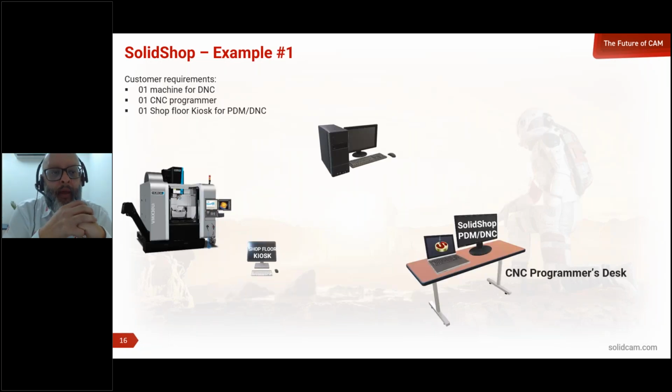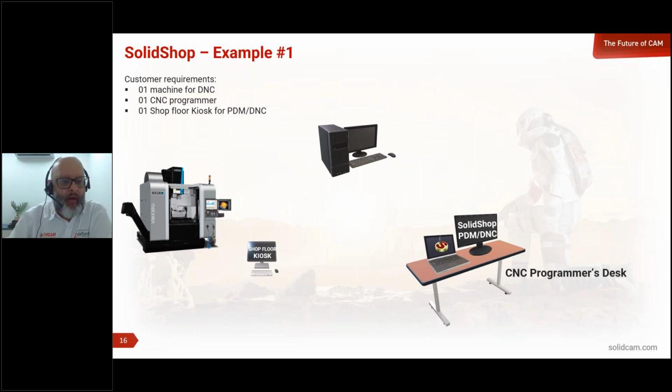So, examples. Okay, an example: how much would it cost to cover a small shop with just one machine, which is probably unlikely, but we wanted to use one machine so you can see the price per seat, by unit, okay? So we have a CNC programmer. There would be a server running the database. This could be in a room, a computer that stays online all the time in the shop floor. We have minimal requirements for that. We have recommendations as well. But essentially, the server could be just a computer where we're going to store the database.